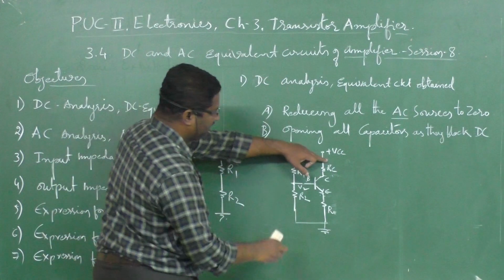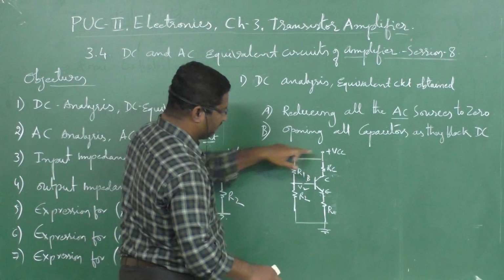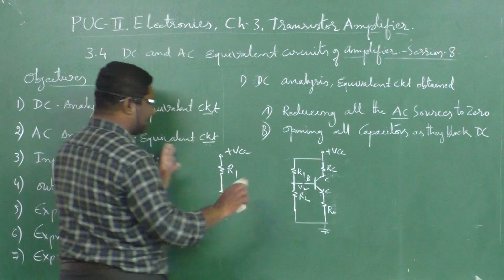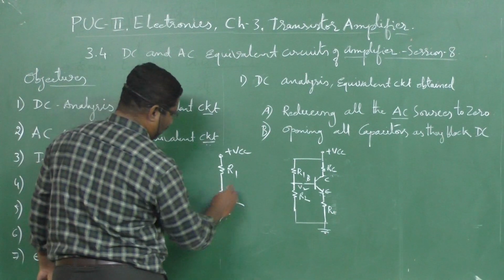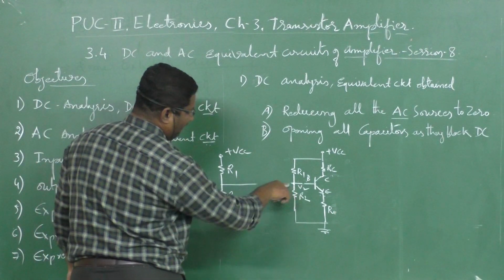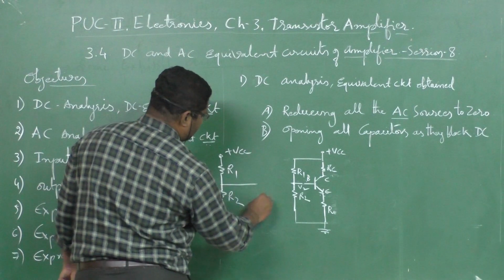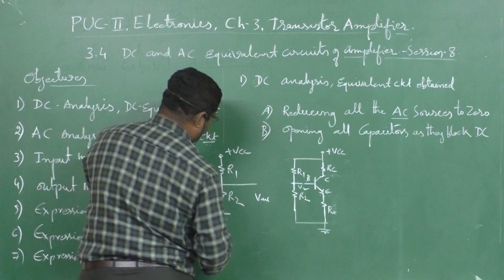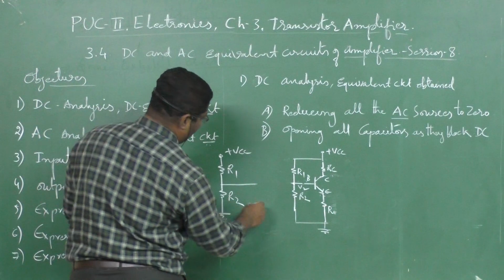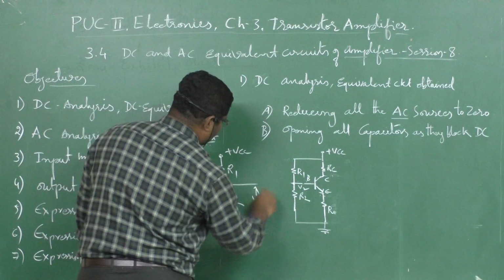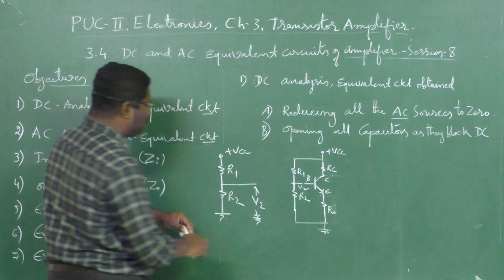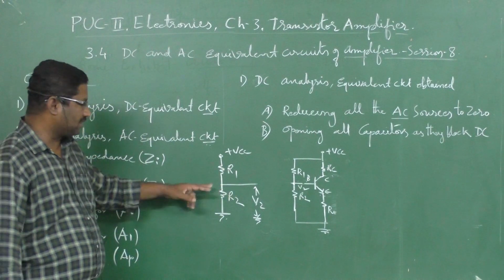So if I shift this to here, any changes? If this VCC is here or if this VCC is here, it doesn't matter. Okay, R1 and R2. And here I am taking one divider network there, so output there. So this is, let us say, not V out. Let me call it the voltage across R2, which is V2. That's why this one is called V2, the voltage across resistor 2.